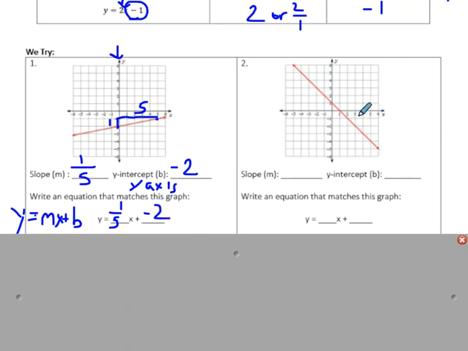Let's take a look at number 2. Let's find our y-intercept first. Y-intercept is where it crosses the y-axis, so that point would be (0, 1). So my y-intercept is the y value, the 1. Now let's see where we have some points. It looks like it crosses at every